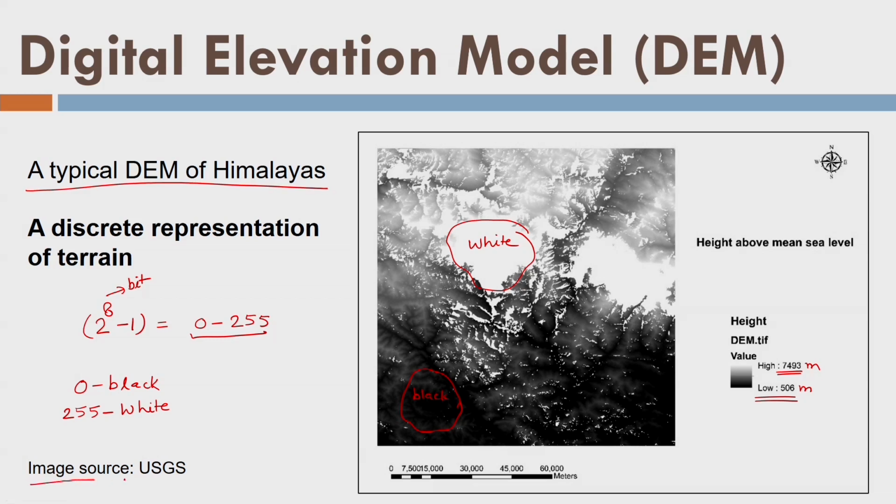And we have taken this image from the United States Geological Survey website to explain the concept of DEM. DEM is this kind of representation. At this point, this is the X value, this is the Y value, and this color is giving the Z value. Now you can understand that DEM is just a representation of X, Y and Z, a 3D representation, but it does not give you any other information.